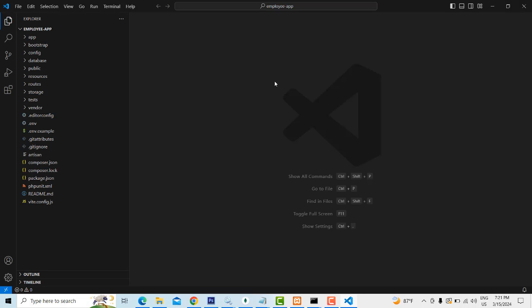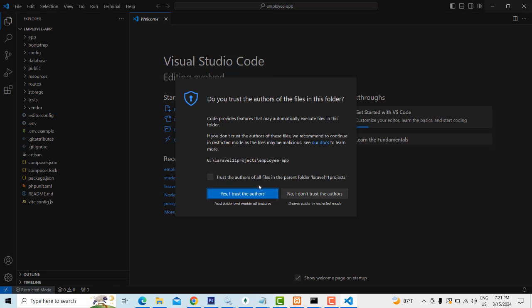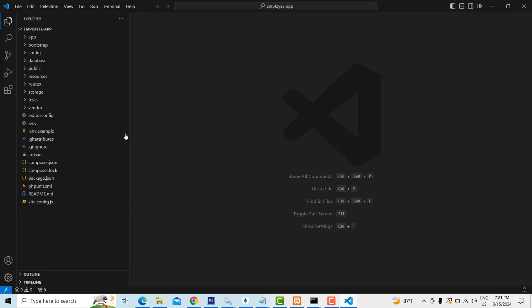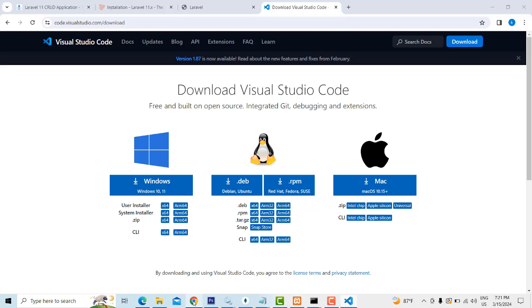It looks like this when you open it. Right. So trust the author, you click on this. So here all your projects and folders are open. Your files and folders have opened up successfully. Right. In the very first step, what you are going to do is